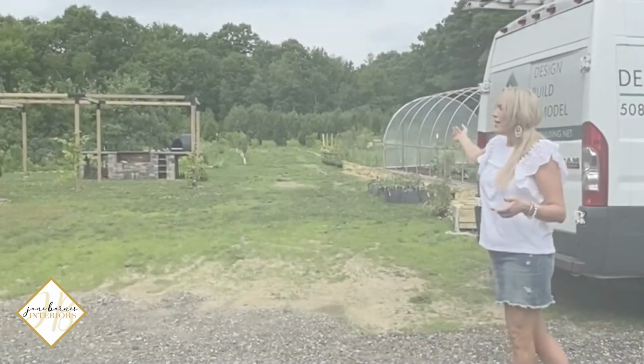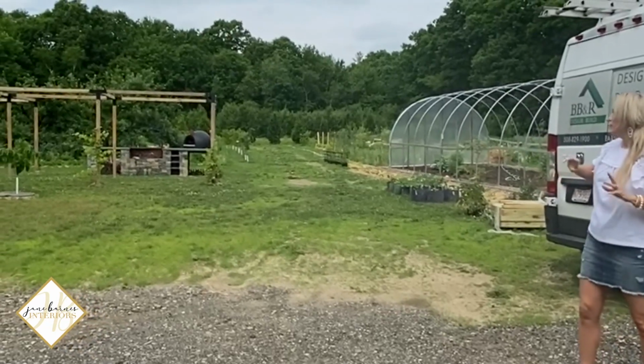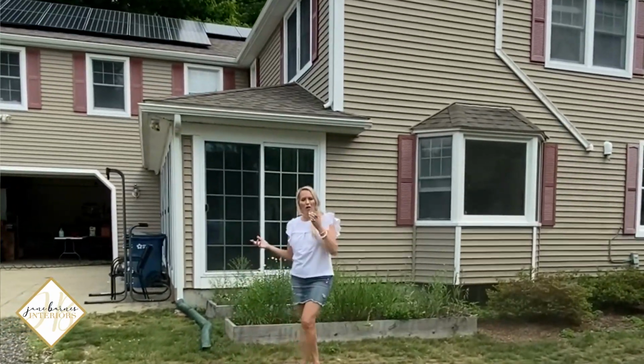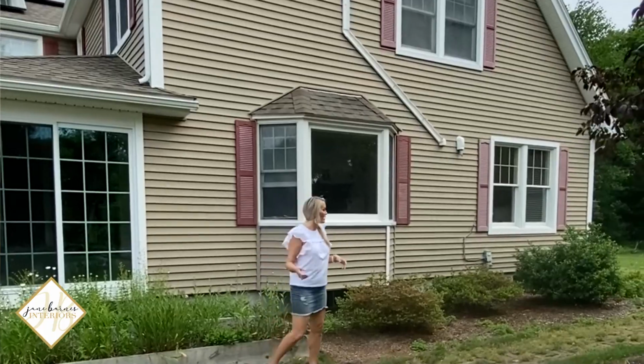So this was a really fun project because this house they want to use for the weekends, for the summers when they can get away, and there's some beautiful farmland around them, so we wanted to have a farm and really enjoy the produce that they could provide on their own farm. So this space, it's a beautiful house, like a Cape style, and it has some beautiful elements, but what's beautiful